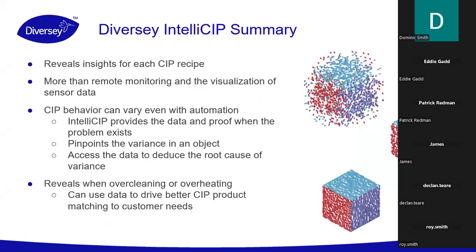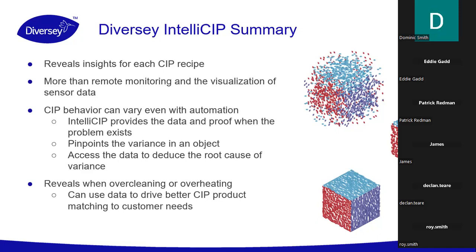Now, I know there are other packages out there that can do this. They look at the clean and go whether it's met your standard parameters, but I'm not aware of any that go to talk about anything other than hygiene. This package talks about efficiency as well. Most packages will say if we're aiming for 60 degrees on your clean, if it's above 60 degrees for the time stated, everything's fine. The fact you're cleaning at 90 doesn't matter, but this will be highlighting the fact that you're overusing energy, overusing